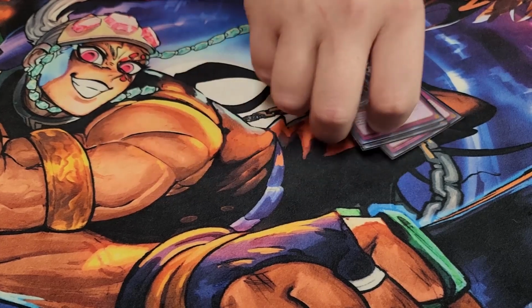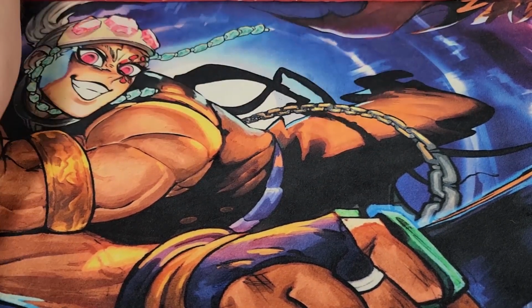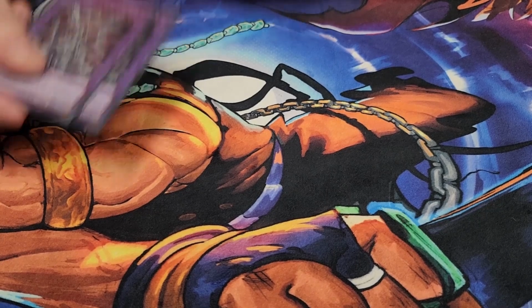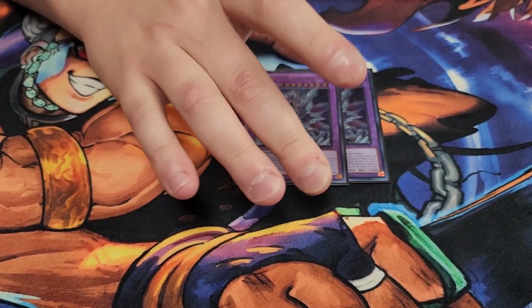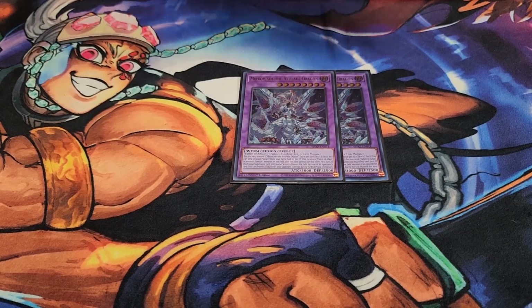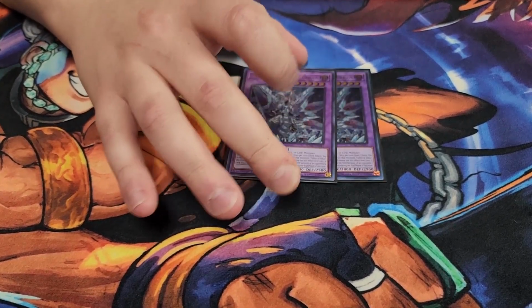So that's it for the main deck, guys. Let's get into the extra deck. For the extra deck, we're going to be playing 2 copies of Mirror Jade. Mirror Jade's really good. Mirror Jade is a spot removal, and against Yubel, this card actually won me the game